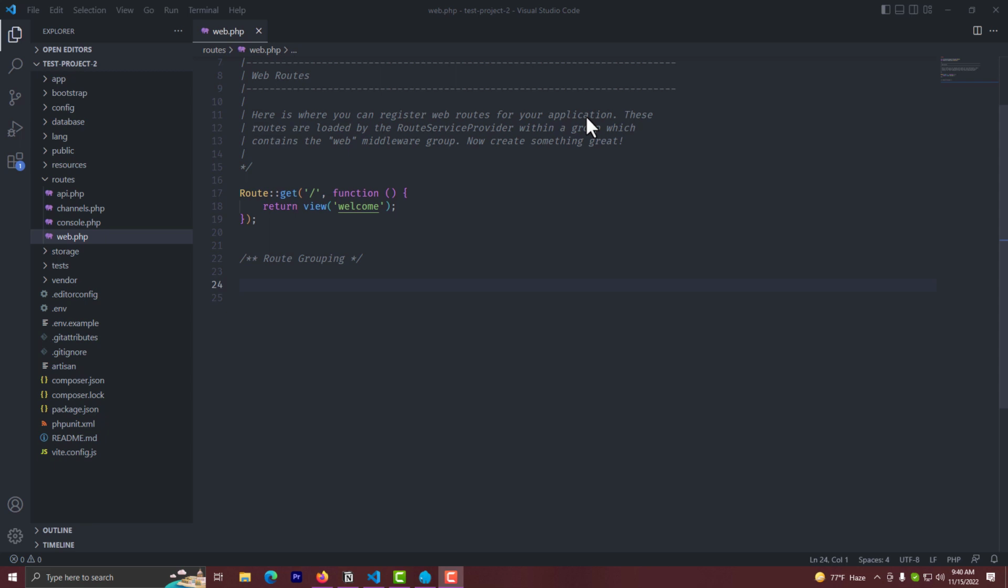Hello everyone, in this lecture we will be learning about route grouping. So previously we saw how we can name our routes, right? Now in this video we will be seeing how we can group all our routes for more readability and flexible